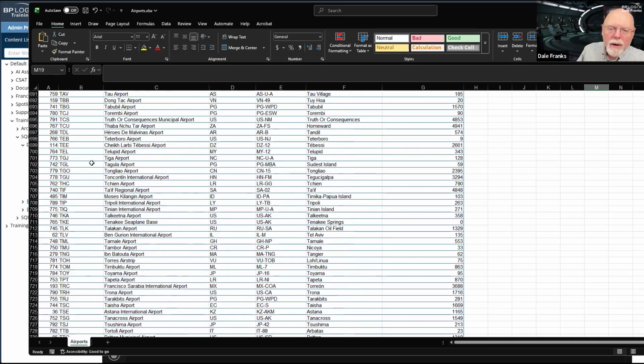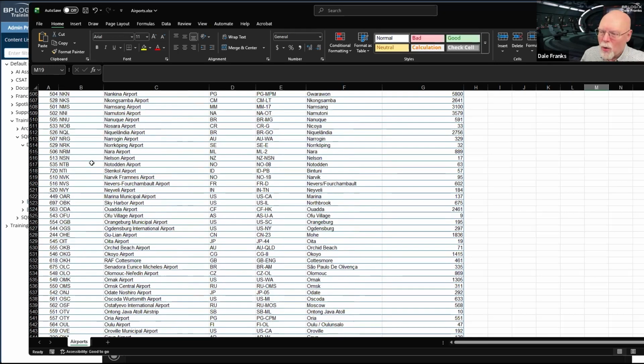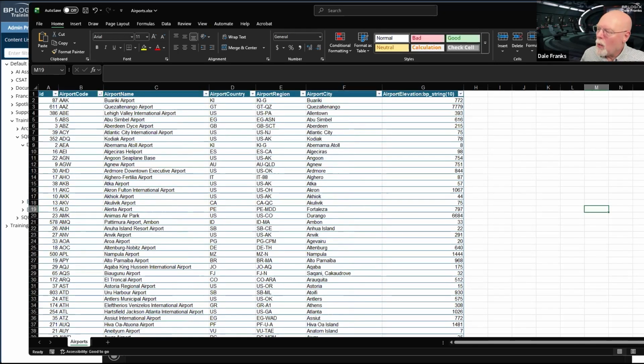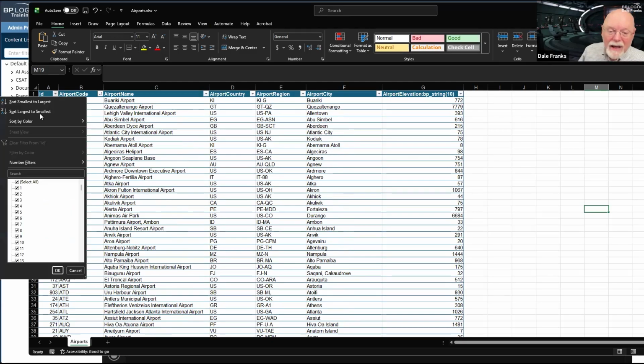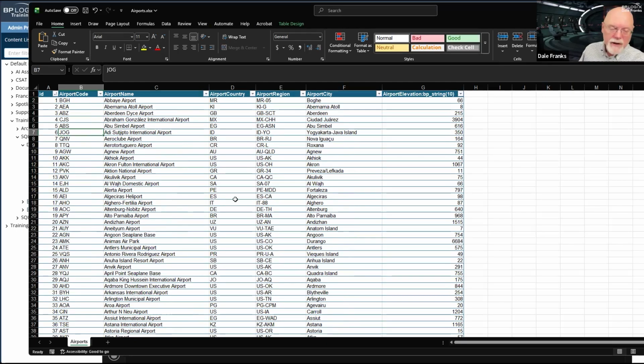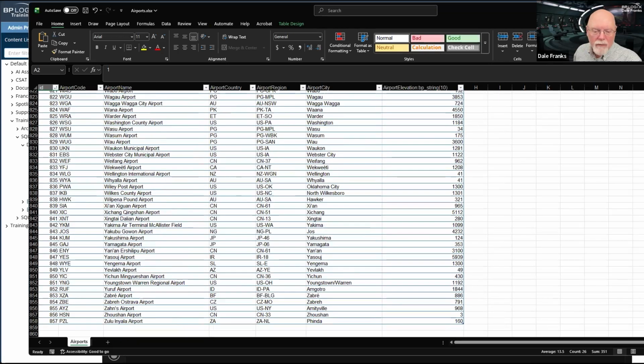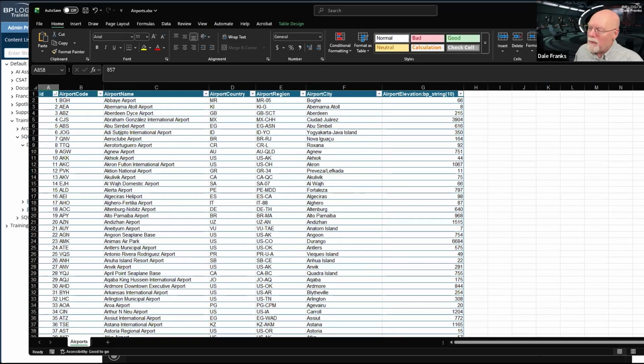The order in which my table is currently sorted is in the order of the airport code. Your data may not be sorted that way. Most likely in the original table, if your data has an auto-numbered primary key, like we were talking about previously, it will be stored like this: 1, 2, 3, 4, 5, and it will just count to however many records you have in your data. For me, it's 857. So I've got 1 through 857.